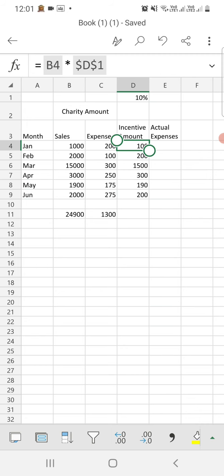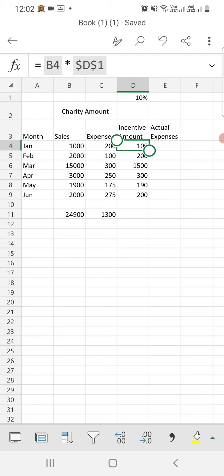That means the first one, $A1, the column is fixed but the row is not fixed, and plus A$2, that means row 2 is fixed. First one, the column is fixed, second one, the row is fixed.